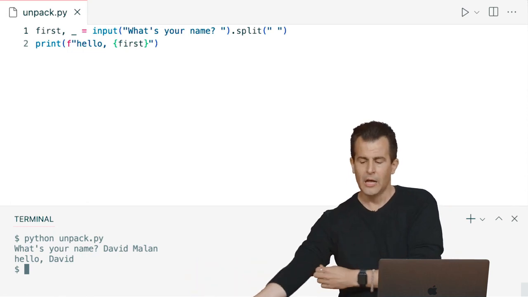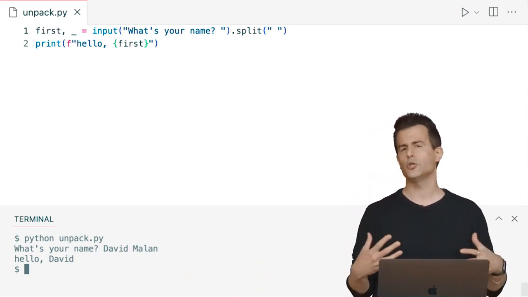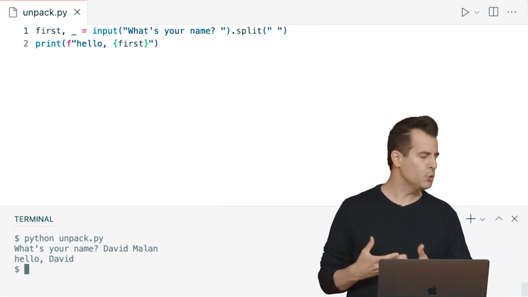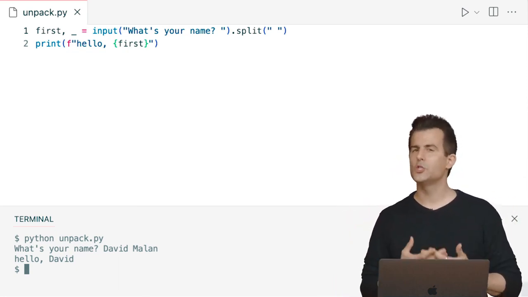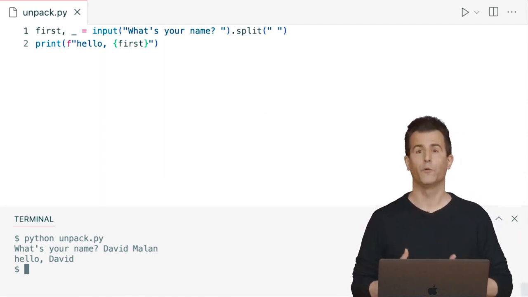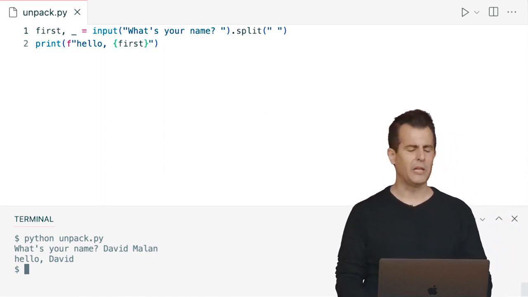Well, it turns out that there's other ways to unpack values, and there's other features that Python offers, especially when it comes to defining and using functions. And this is slightly more intermediate functionality, if you will, that's useful because you can start to write even more elegant and powerful code once you get comfortable with syntax like this. So let me go ahead and propose that we not just play with hello